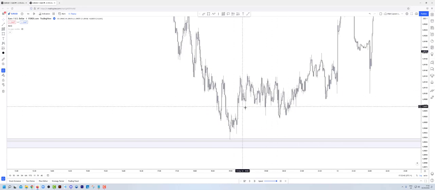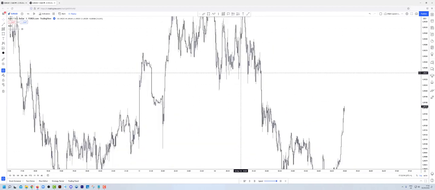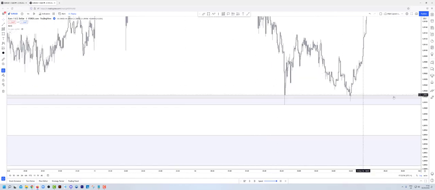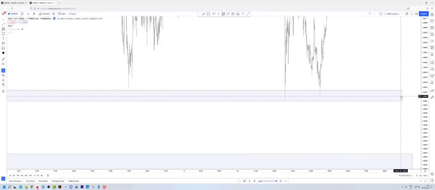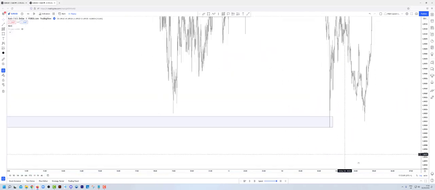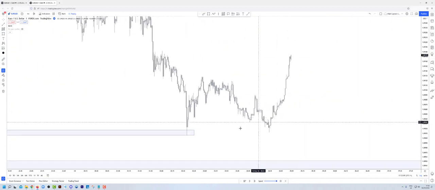And if it was within our session that this happened, I'd quite happily look for entries based on the tap into this zone. But then ultimately, after price has this initial reaction, it comes back and does tap into, and holds in, the third zone that we had mapped out. So as you can see,